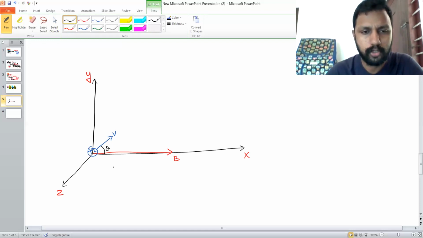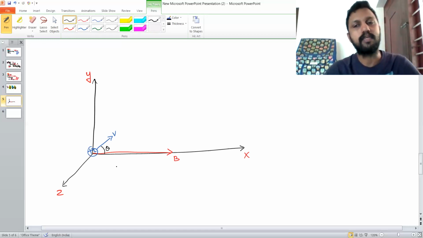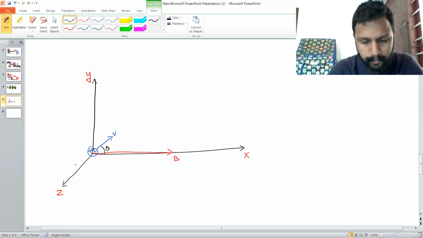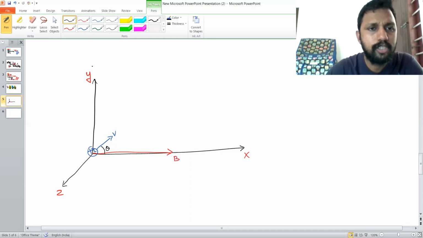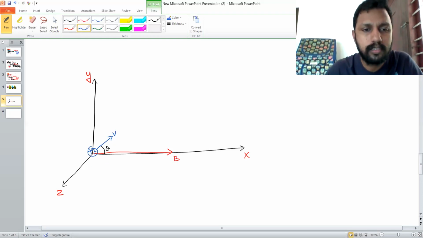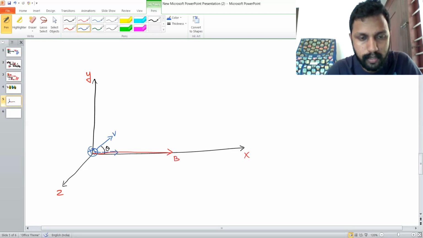What will happen to the motion of this charge particle? We have to discuss this particular situation. This velocity is not parallel to magnetic field or perpendicular to magnetic field. Therefore, initially we are going to resolve this velocity. We are resolving this velocity into a horizontal component that is parallel to magnetic field and a vertical component which is perpendicular